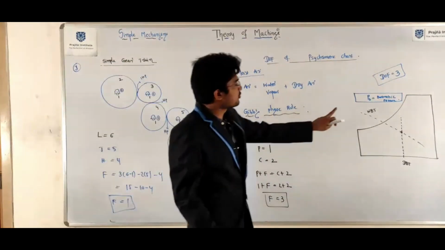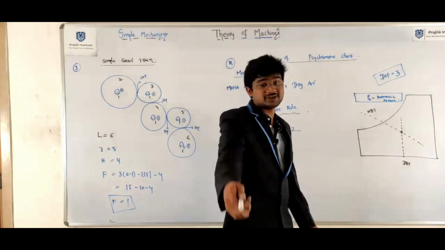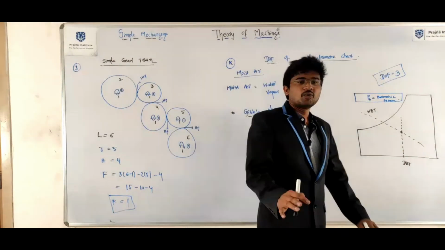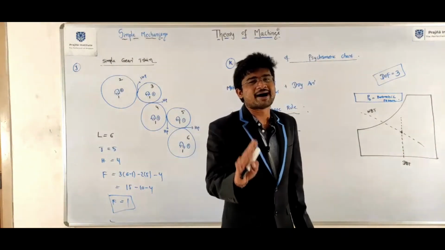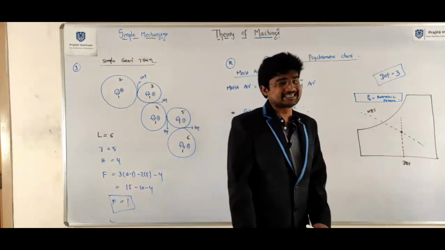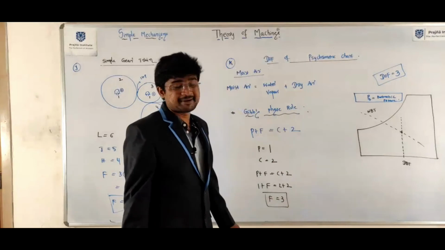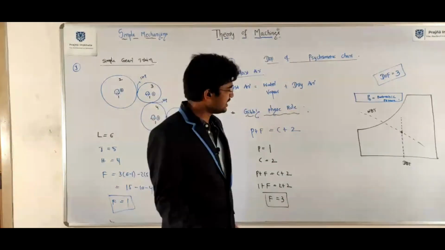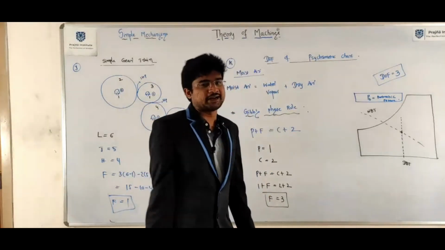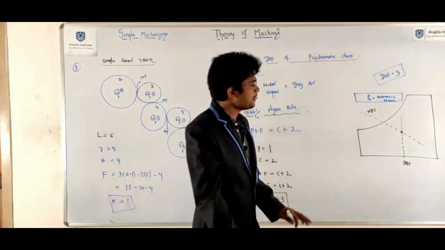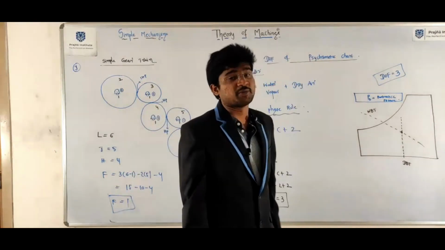But people won't focus on this. They will feel that only 2 parameters are enough to mark a point in the psychrometric chart. So it is not a Grubler's criterion, but anyhow, this point is important from the interview point of view. So what is the degree of freedom of the psychrometric chart?